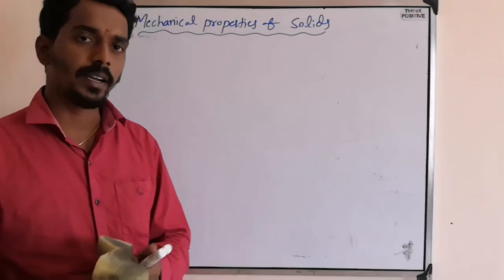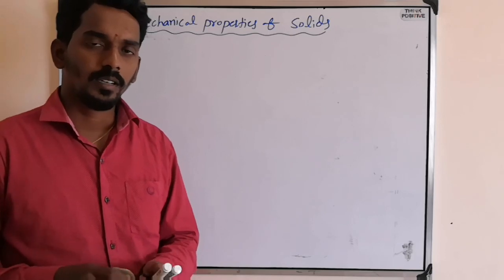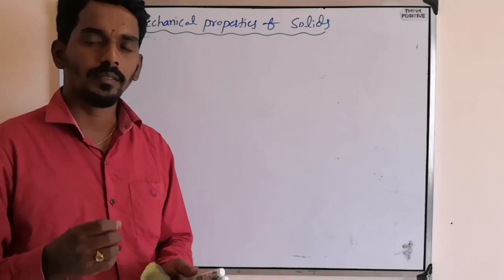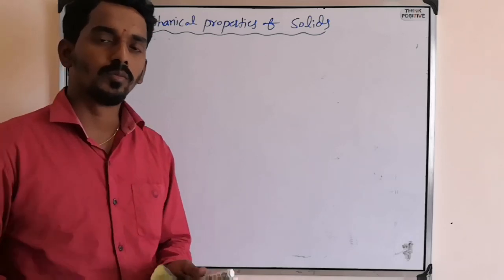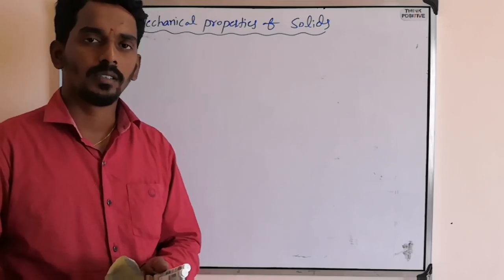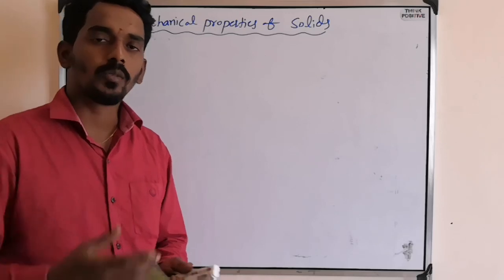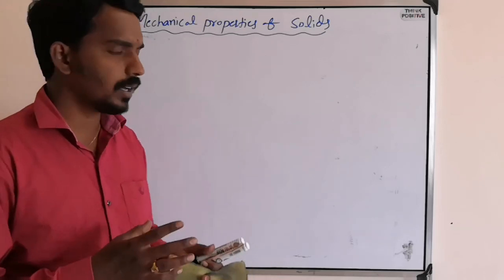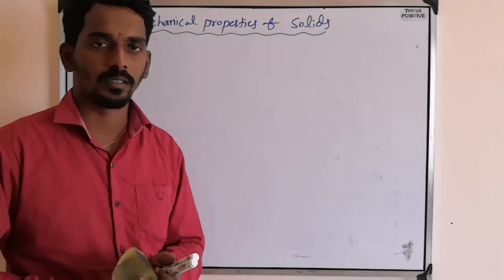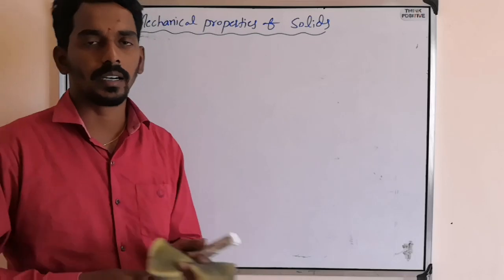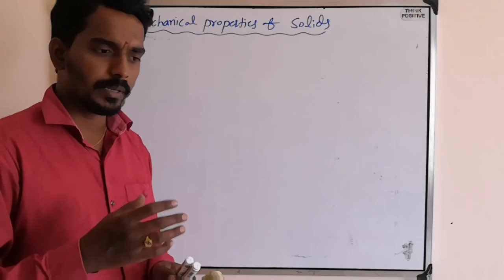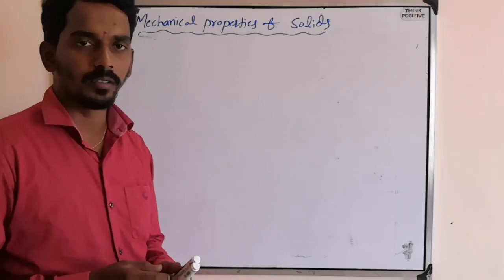So let us try to understand one important and difficult model of question. Then we'll try to look at two more formulas which are not so important, but we may get questions based on that. But first of all, we'll discuss one important model question, then we'll go to that formula, what it is and what it is actually related to. So the very first important, better to say difficult, model of question is,